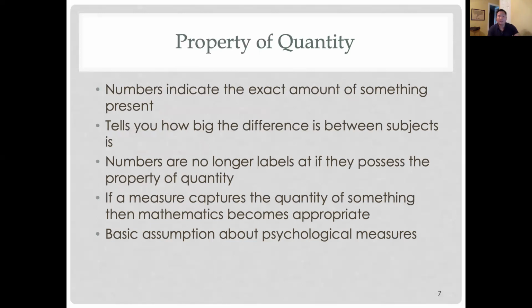Now, you're not just using a number to label. You're not saying, 1 is male, 2 is female, 3 is non-binary, 4 is something else. Now numbers mean something. They're not just there so that our computer programs work well with them. They specifically should represent the amount of something someone has. And this is what most of the time our psychological measures do. Your IQ score represents a certain amount of intelligence you have or cognitive ability.